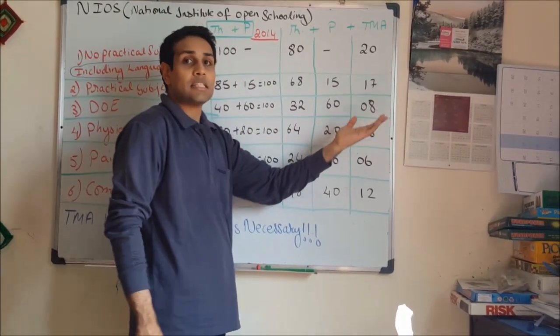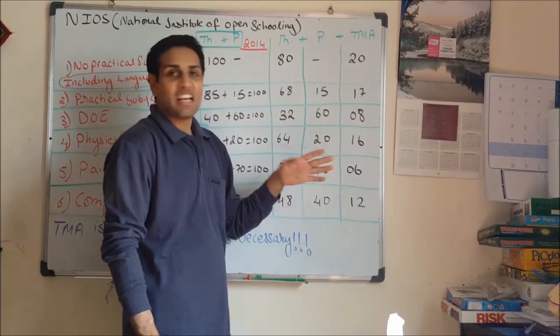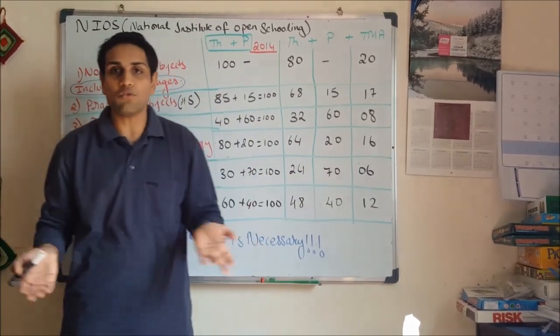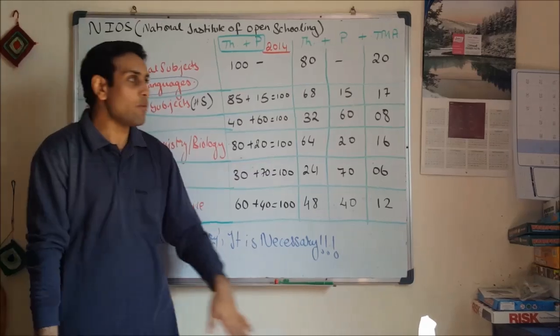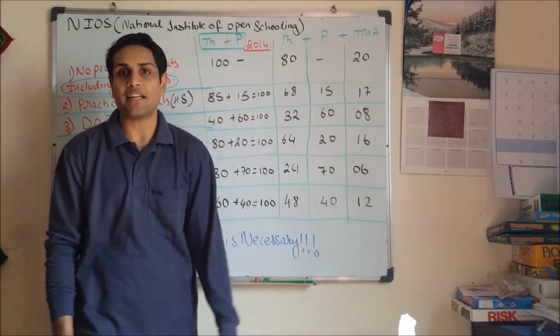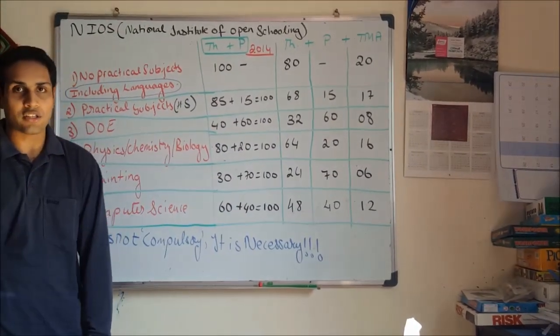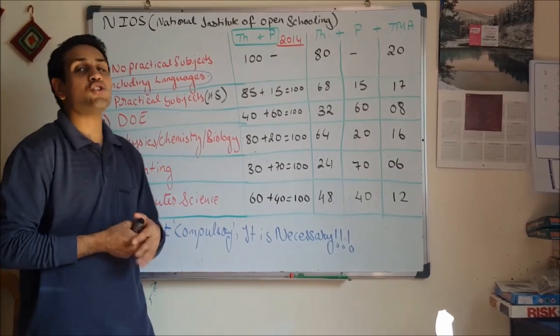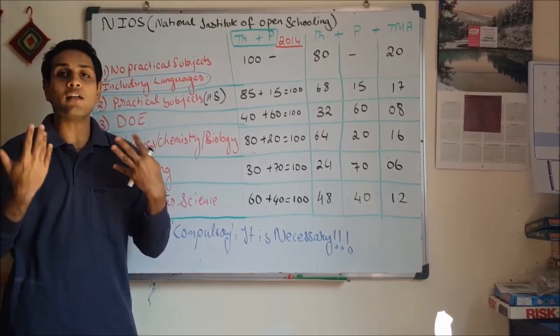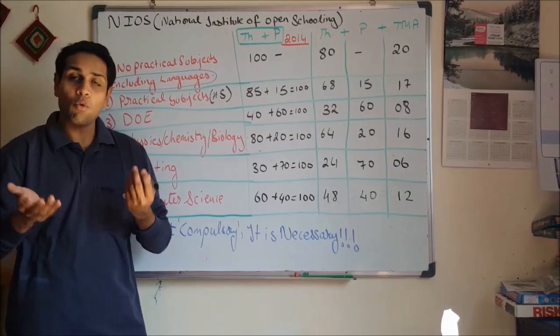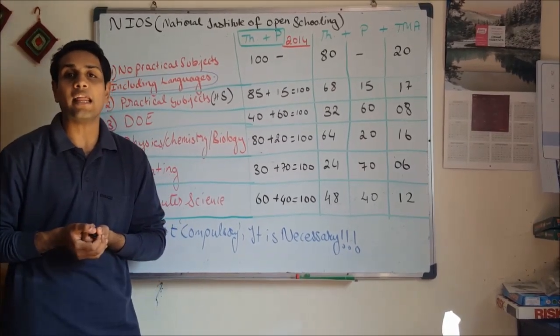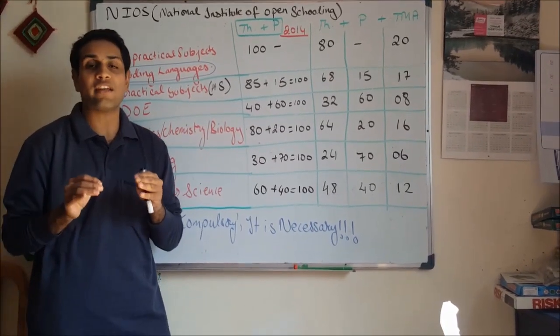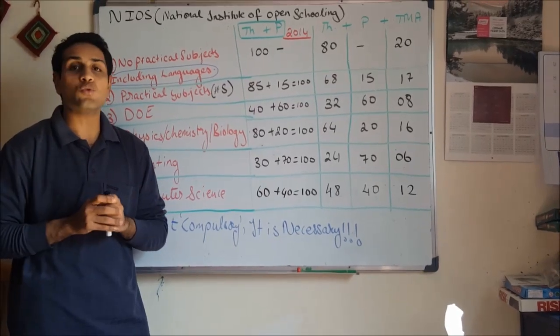In some cases you get 16, in some cases 12, 17, sometimes 20 out of 20, but the least one, which is scary, is 8 out of 20, especially in data entry operations. Today we have a solution to all these things and an answer to all your questions. Most of us used to believe that there is a technical error in the NIOS system because we are entering the marks into the computer. But there is no such thing.